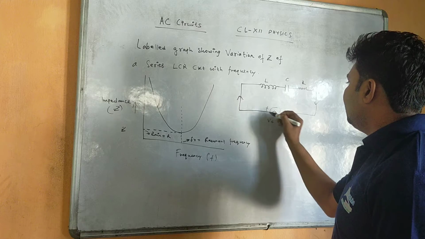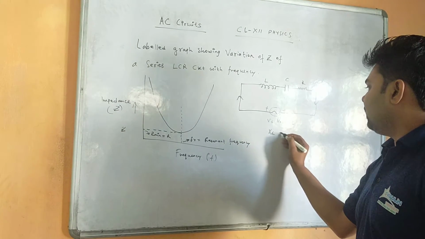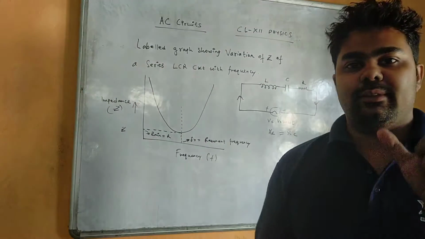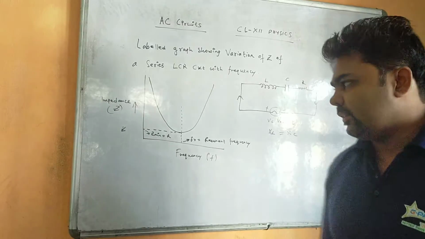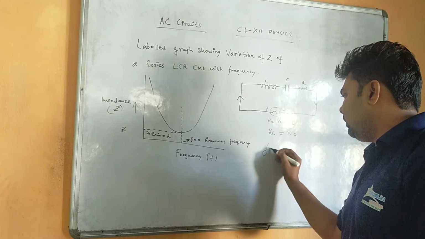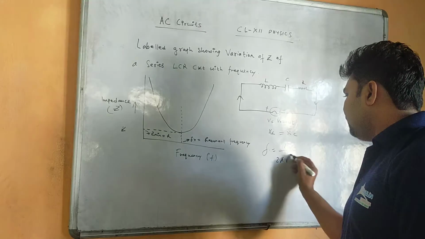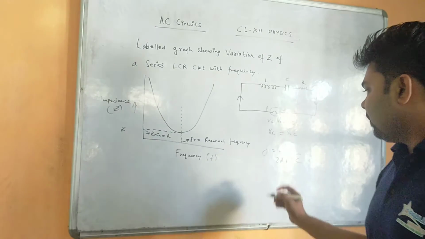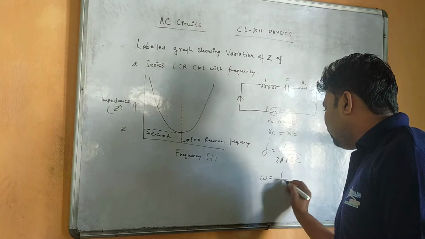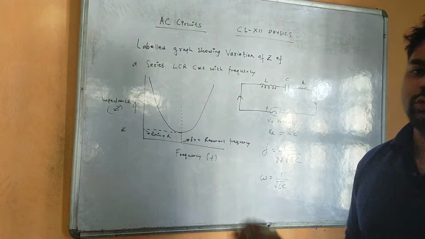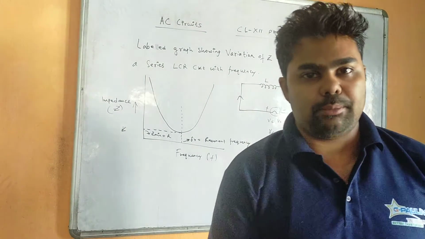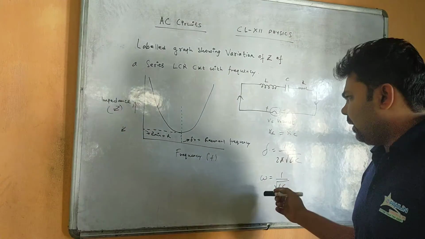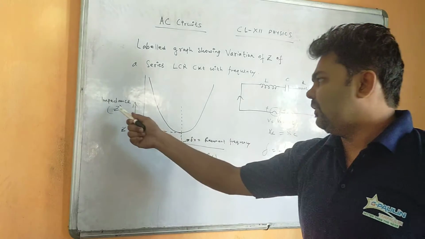It has been seen that when XL becomes equal to XC, that means when inductive reactance becomes equal to capacitive reactance, there is a resonance condition. At this resonance condition, as we have seen in the last class, the resonance frequency becomes 1 by 2 pi root under LC, right? This is the resonance frequency, and the angular frequency is 1 by root under LC. Okay, if it is not clear, just see my previous video, where I have explained it in detail. Here we have plotted a graph between Z and F.